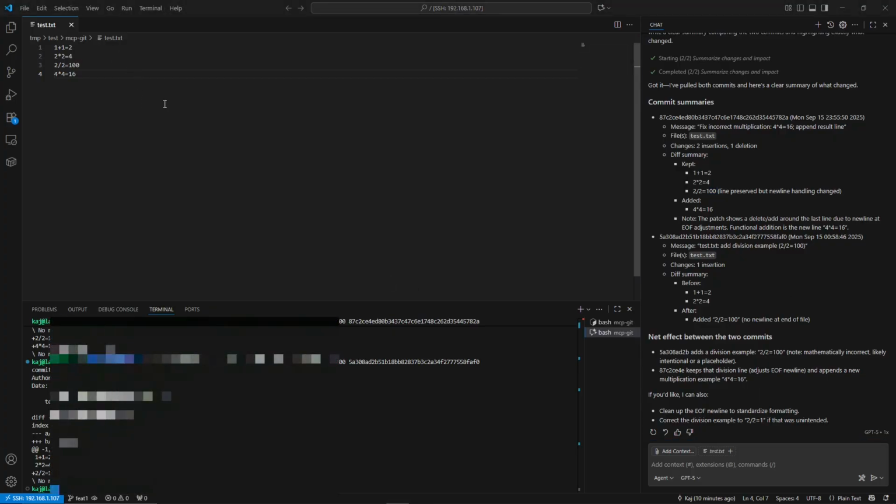So it's along the lines of what I just talked about as far as that division being incorrect. So let's go ahead and modify this test.txt file, and we're going to say 100 times 100 equals 5. Obviously, that is incorrect. So now let's go ahead and chat with the model, the MCP, and we're going